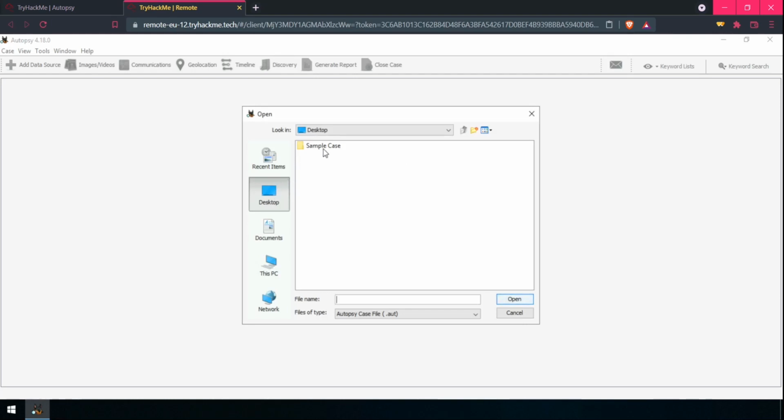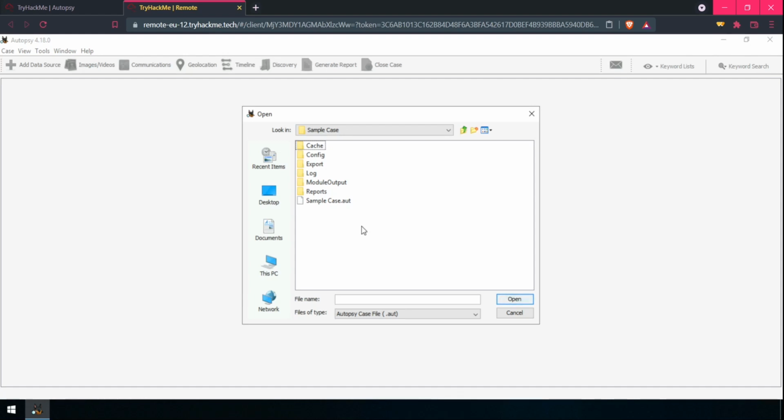On the desktop you will see that there is a sample case folder. Just open it, and go over to the sample case.aut. As you see, this .aut file looks weird because it has an AUT extension, but I am saying that .aut is the file extension for any autopsy case.